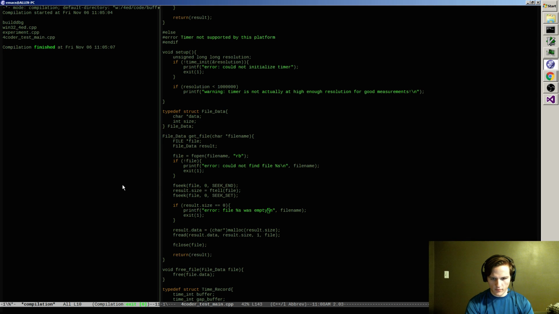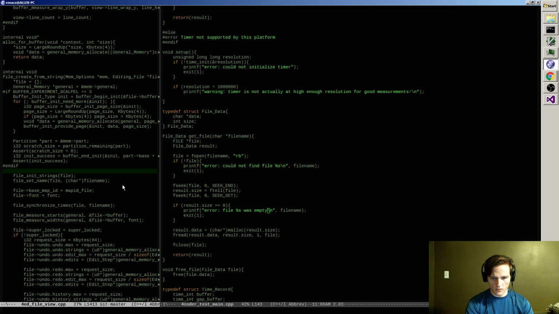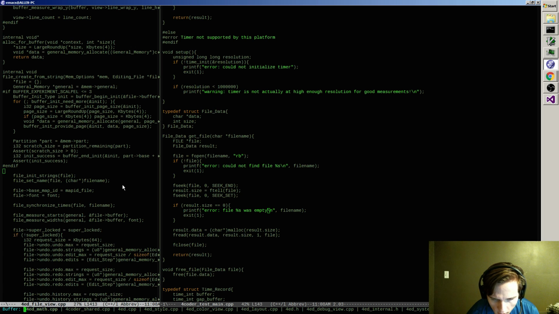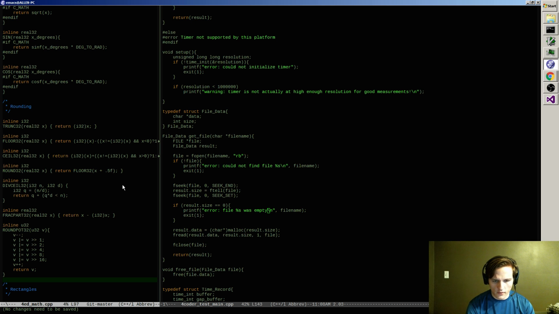Well, we've got some good news though. Let me just save. I know there's one thing I've changed, which was the file view. I will write this out here for now. Forward file view.cpp. Alright, any others that I've got floating around that I just recently changed? The buffers should all be fine. Math. I can save that one. It was not changed, okay.